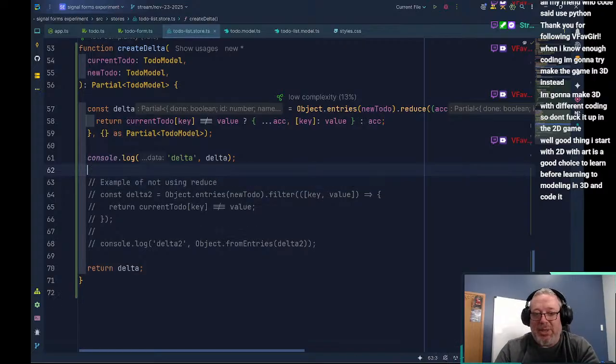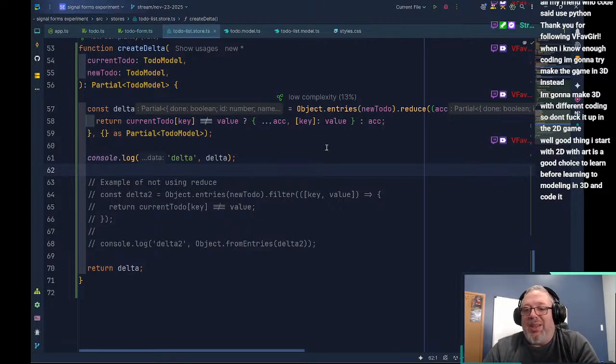So there we go. We'll leave this commented. It's just showing that there are multiple ways to solve this problem of building deltas. And the different ways do different things. This way, we're mutating the ACC object as we go through.